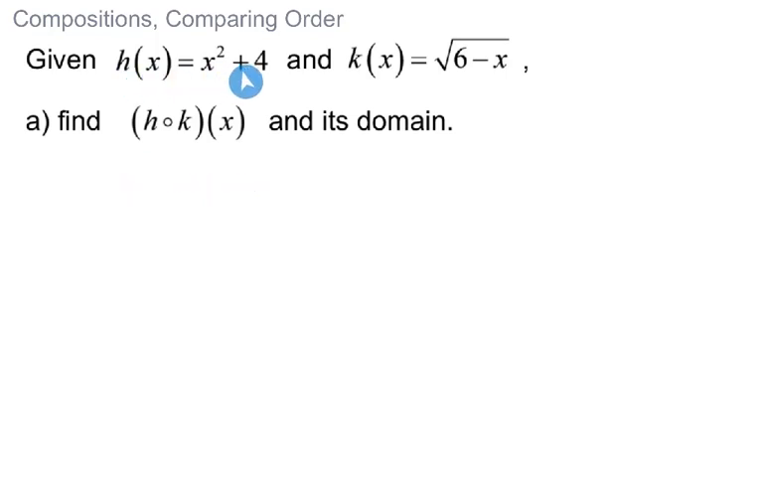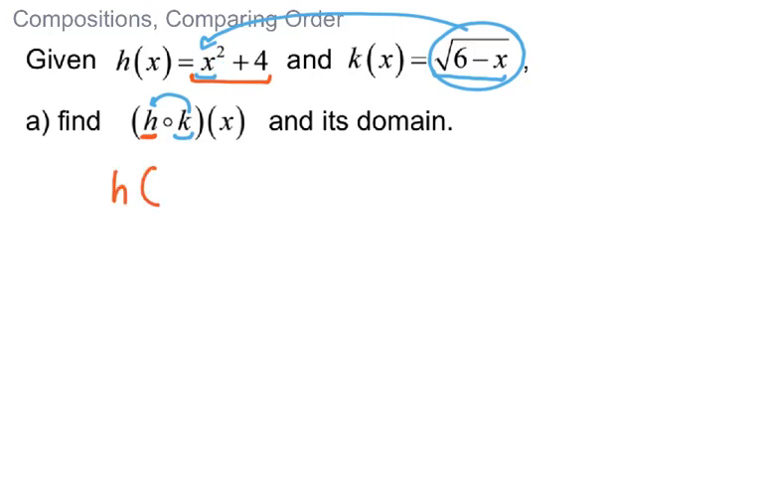We have h of x is given as x squared plus 4. K of x equals the square root of 6 minus x. So h is what comes first, x squared plus 4. And we're going to plug into it k. So wherever there is an x in my h of x function, I'm going to plug the entire k of x function into that. So thinking about what this notation means, it means h of k of x,